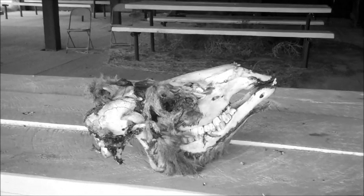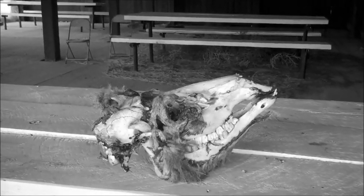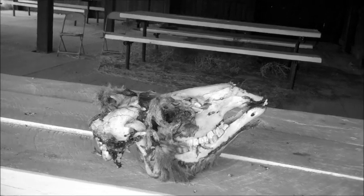So right here looks like a, actually I don't know what that is. It might be an elk. It's not a horse and it's not a cow. Anyway,